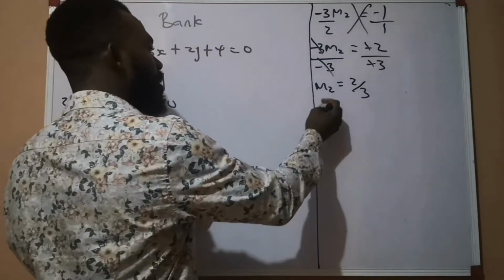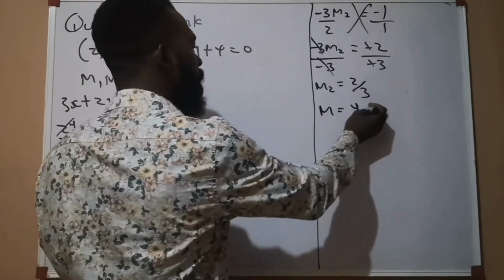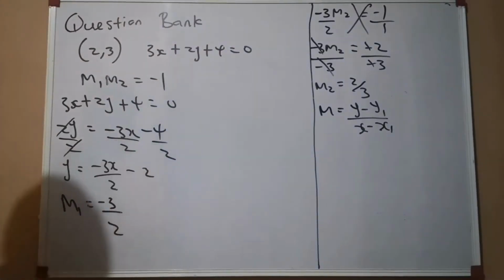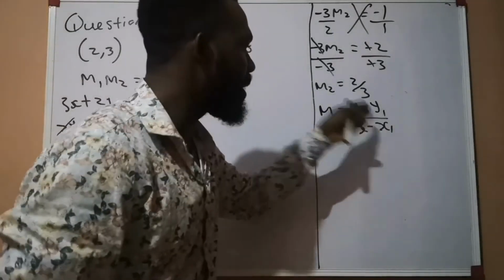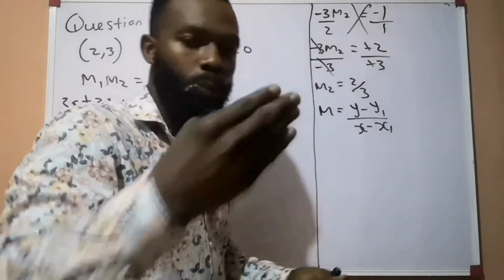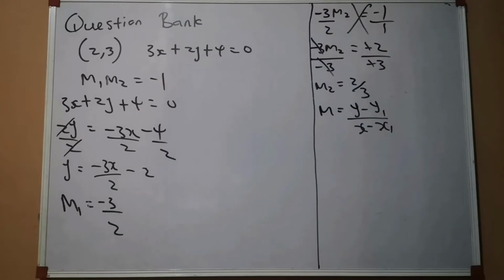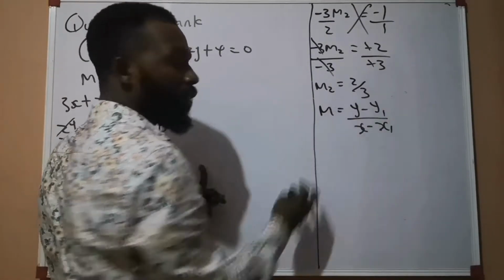The formula is m is equal to y minus y1 over x minus x1. Now, why is there no 2 in this formula? Because there is no second point. We only have 1 point. Okay, so now substituting the values, we are going to be having this. Anywhere I see gradient now, I'll give 2 over 3